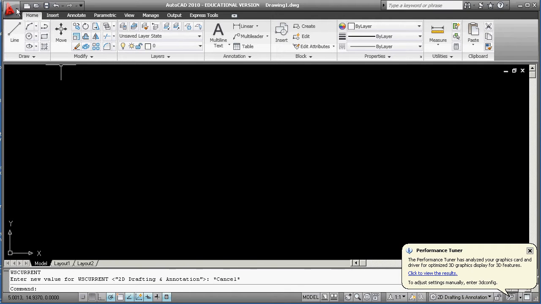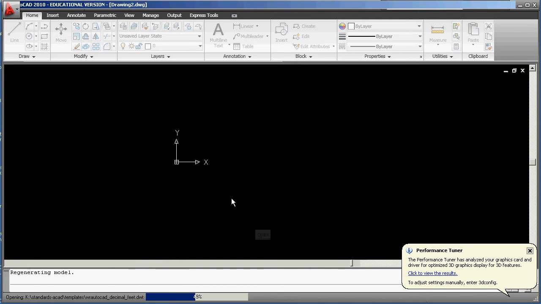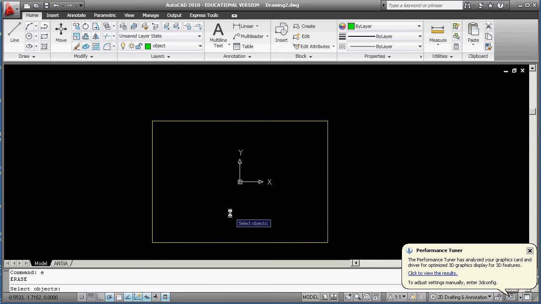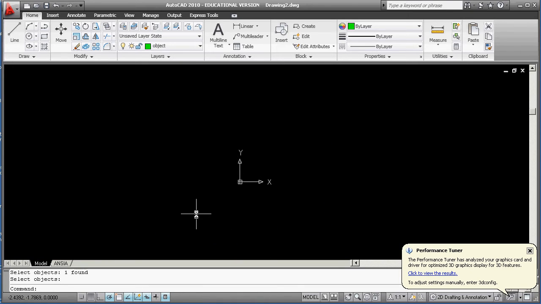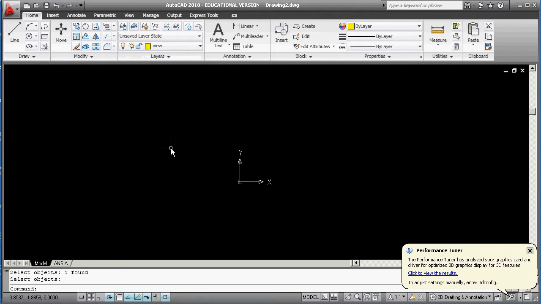So we're going to go, remember, to File, New, and pick, in this case, decimal feet. We're going to look at it. It's 8.5 long, kind of works within my box there. I'm still going to go ahead and get rid of my box, and now go to the correct layer. If we go to here, we don't see layer. Here it is. We're going to put our view box on the view box thing,